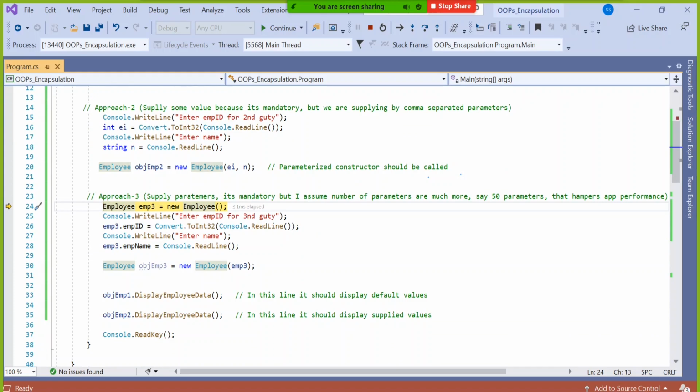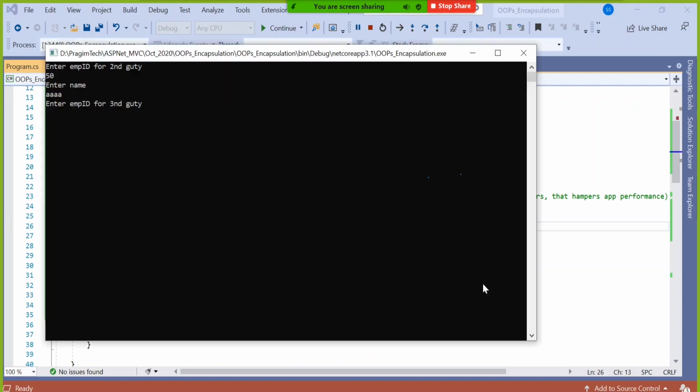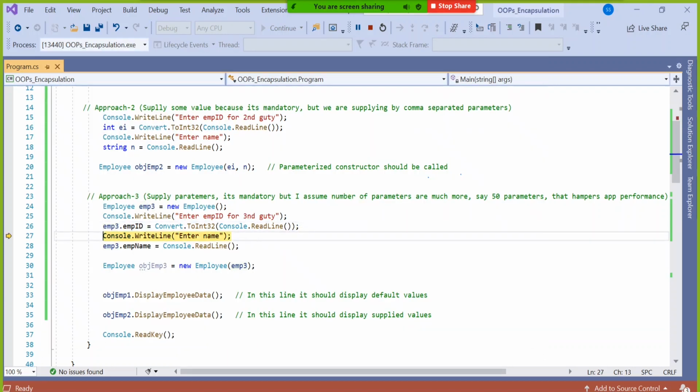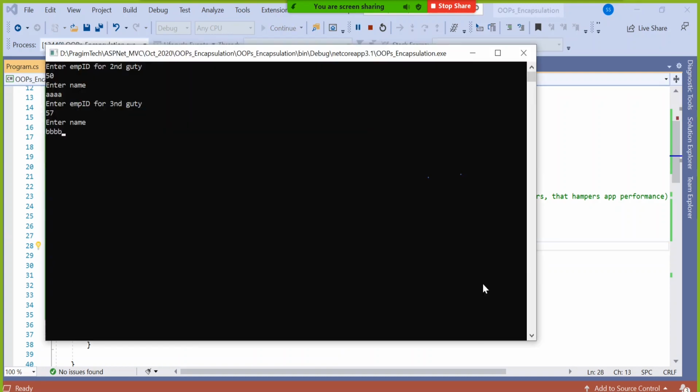Approach number 3. That means one more guy came whose employee ID is different. So I asked, please enter your employee ID. Third guy's employee ID. Little spelling mistake in that sentence I have done, I will correct it. So employee ID, suppose I said this guy is having 57 as employee ID and name is say BBB.